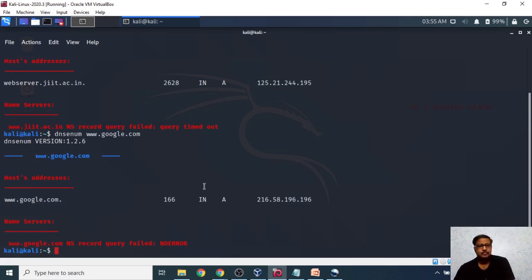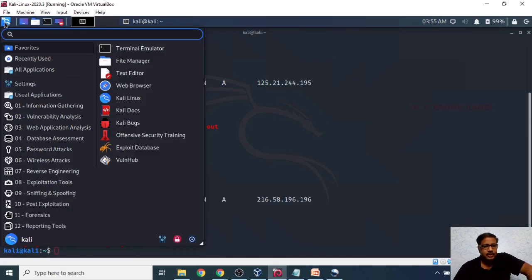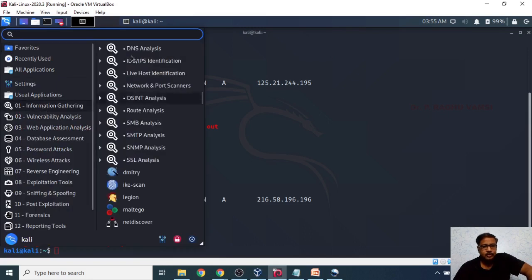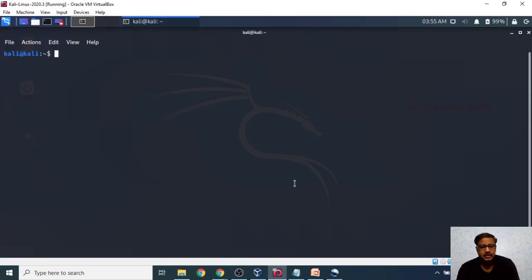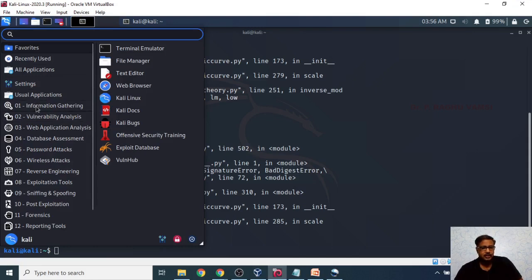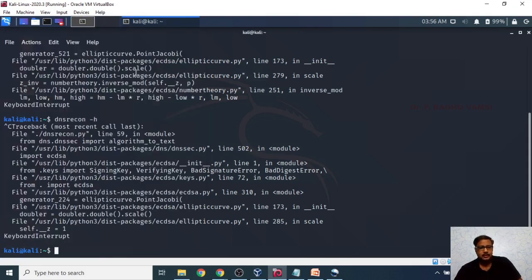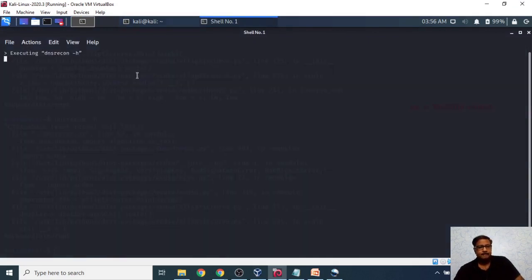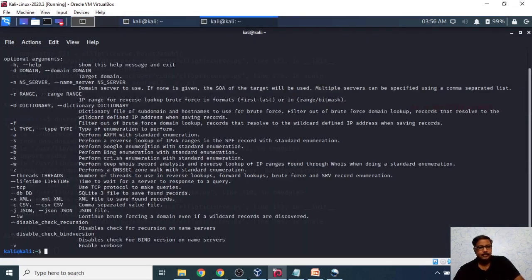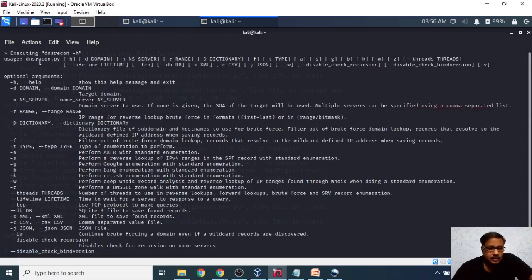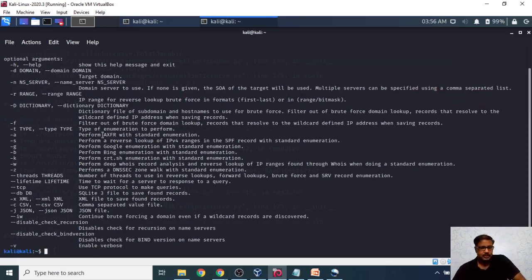If not this, you can try other alternatives like dnsrecon. You may also use DNSrecon from here. It is working here.